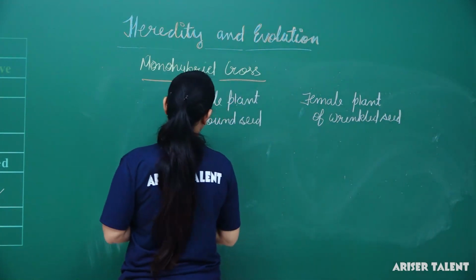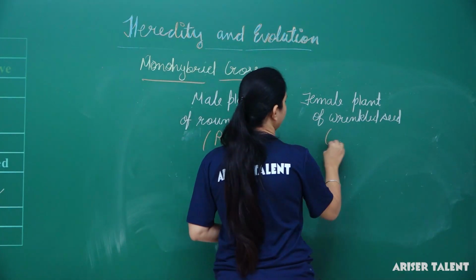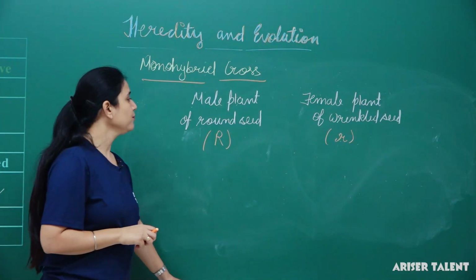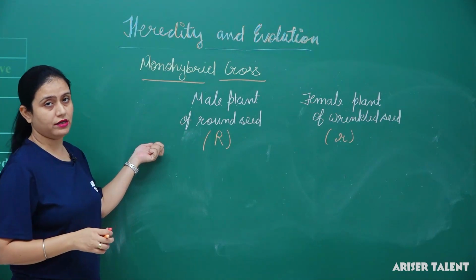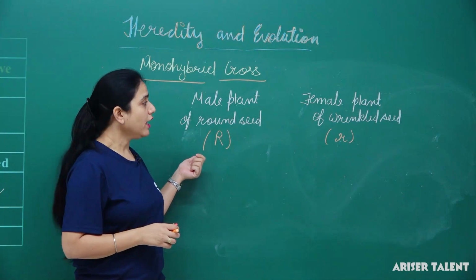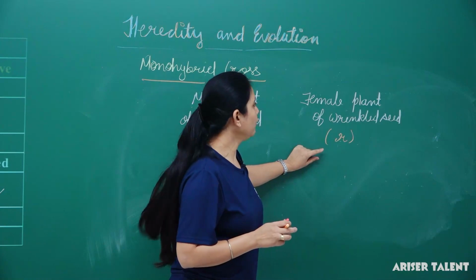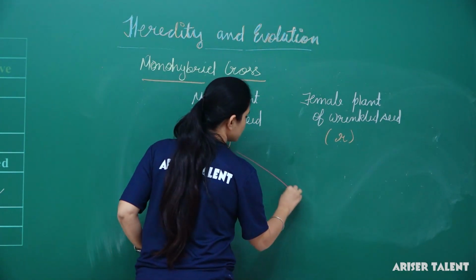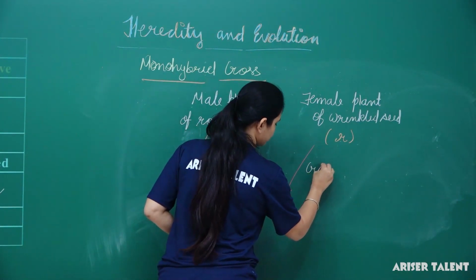We will represent round seed with capital R and wrinkled seed with small r. When the cross was done, when the pollen were taken from the flower of the male plant which has round seed, and then sent to the flower of the female plant which has wrinkled seed, due to the cross pollination,